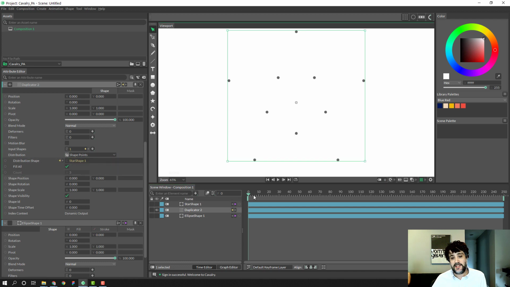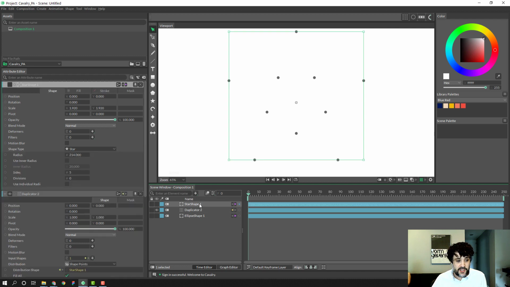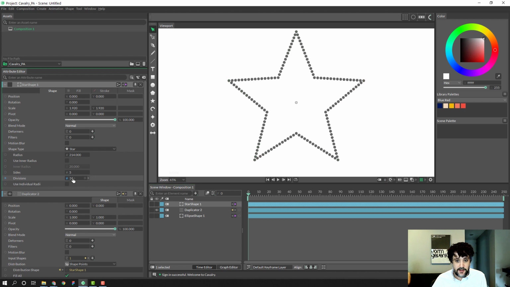What shape points does is it distributes the points along the vertices of an input shape. And some shapes have parameters to subdivide themselves. Or in the case of, let's say, a letter form,